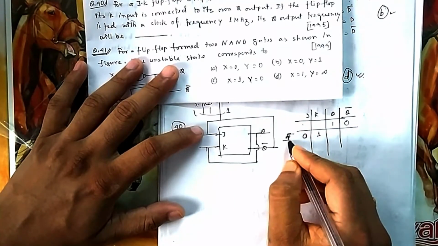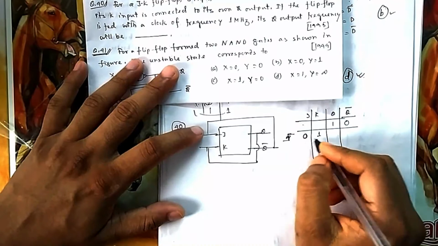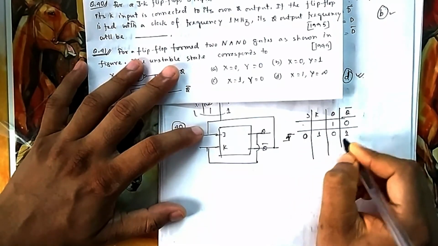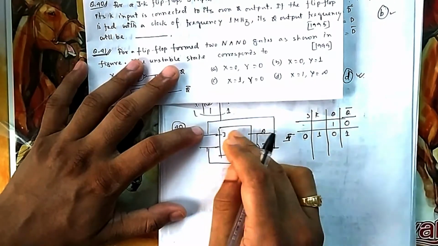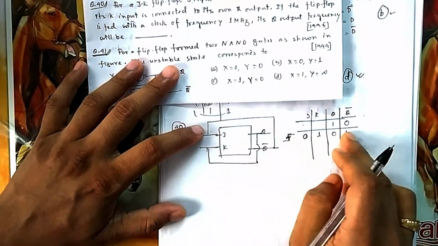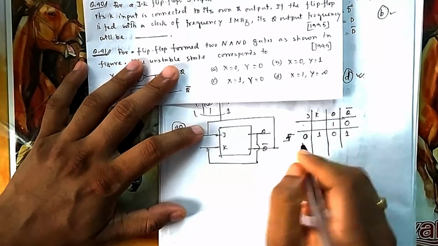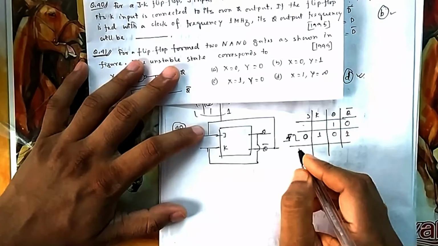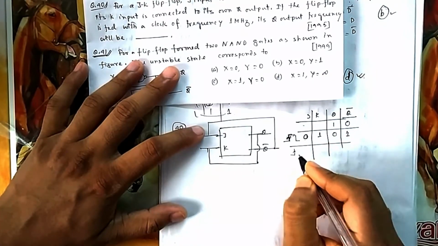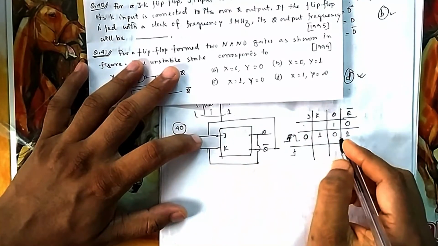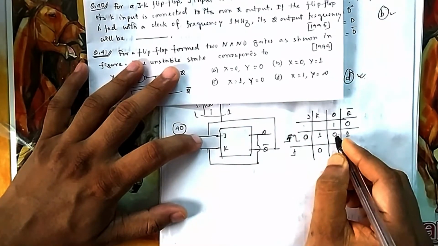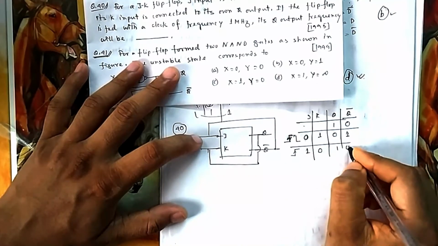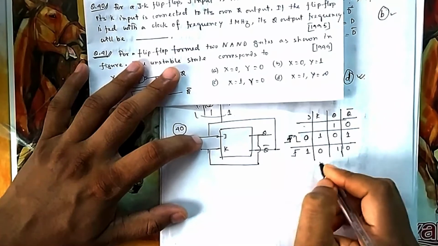So if I give the first clock pulse, what will be its output? The flip-flop will see input 0 1, so it will make output 0 1. The clock pulse is given, so it is done. After some time, you give the clock pulse again, and it will check what the input is. K is directly coming from Q, so it will look 1 0, and it will change the output to 1 0. Similarly, it will continue.